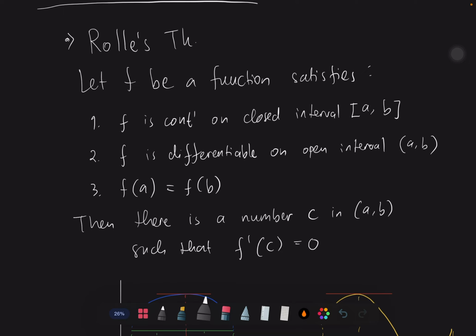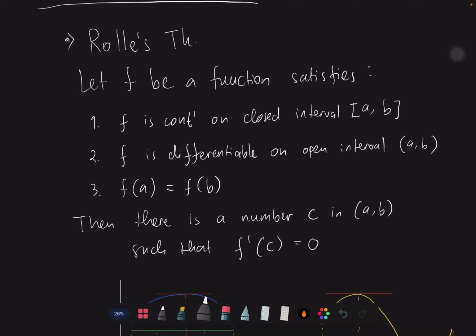So let f be a function that satisfies: f is continuous on the closed interval, and that function is also differentiable within the open interval. And if f of a is equal to f of b, then there will be a number c such that